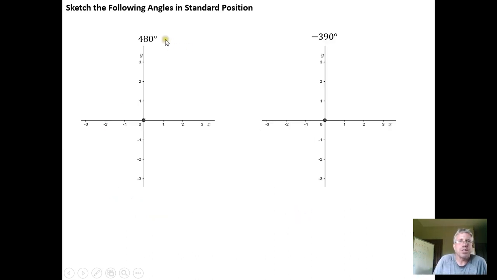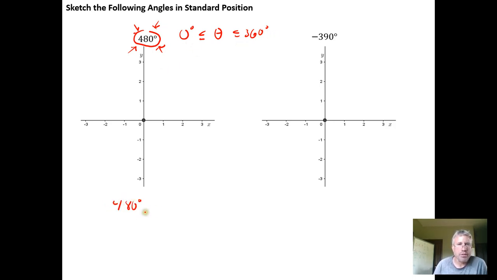So if we're sketching an angle in standard position, we start with an angle. If we don't have an angle that's between 0 and 360 degrees, what we want to do first is find a coterminal angle theta that is between 0 and 360 degrees. And what we'll do is sketch that angle and then use it to help us sketch the angle that we really want to sketch. So a 480 degree angle is not between 0 and 360, but I see that if